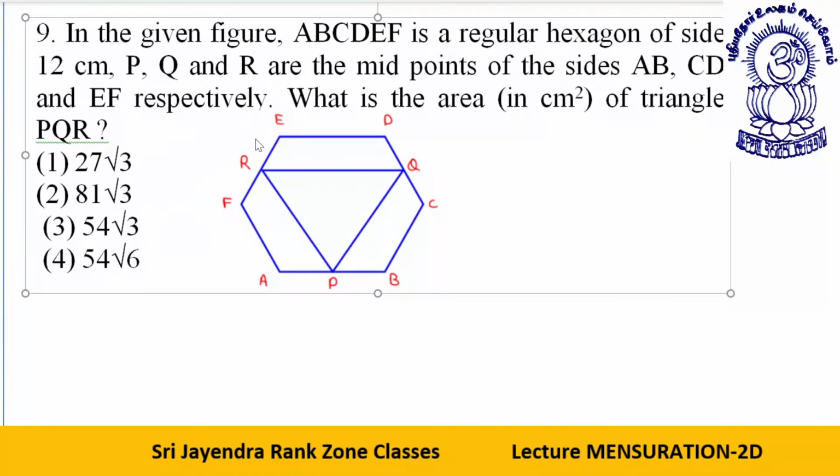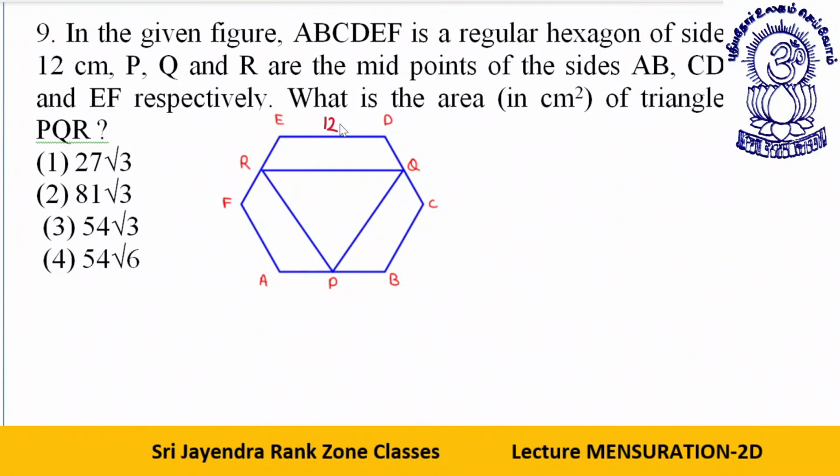Now, see this one, this is 12. If this is suppose a side S, then we know in a regular hexagon, this and this are also like the radius. If you consider it a circle, this is the radius, this is also equal to the radius. So this is 12, this is also 12.